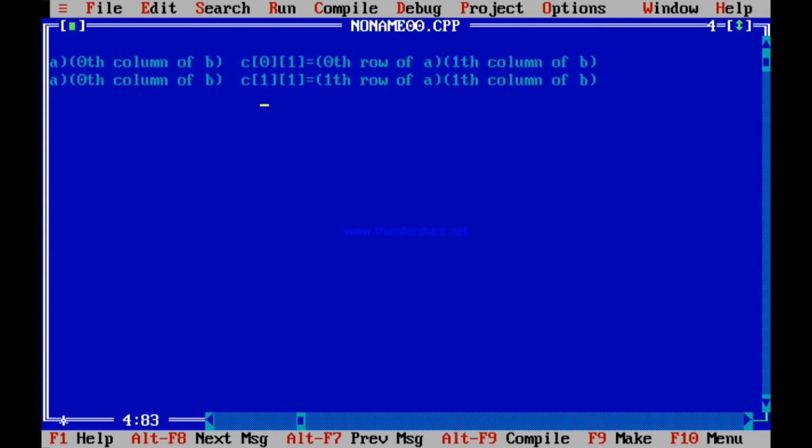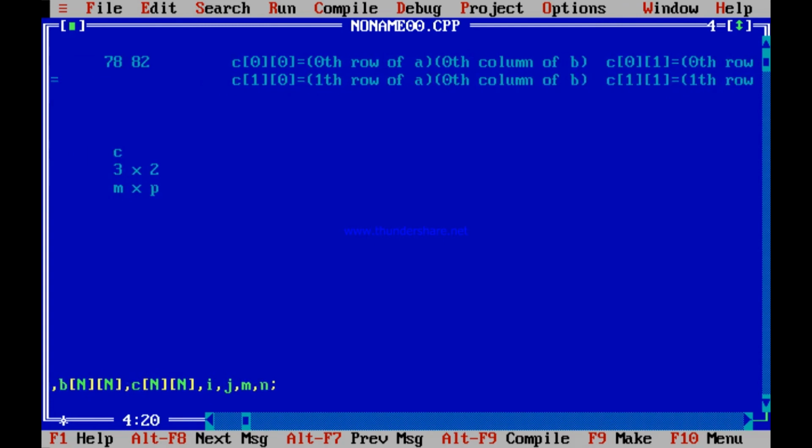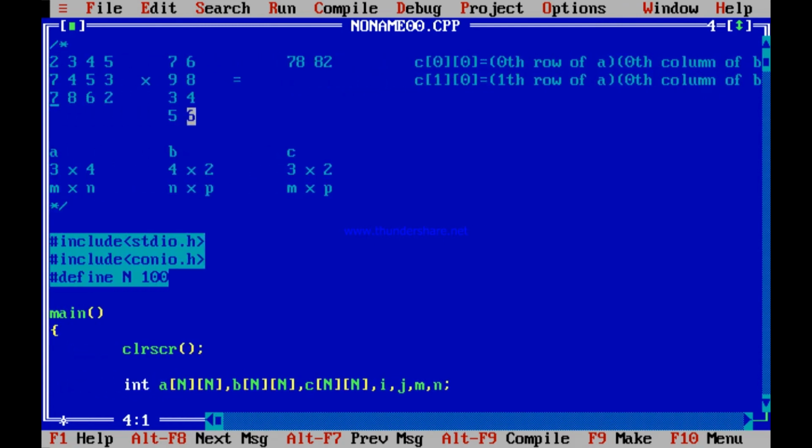Is not it so? If I write it, what will be present over here? This is C10. 10 means 1th row of A and 0th column of B, 7935, this one. The 1th row of A is 7453.